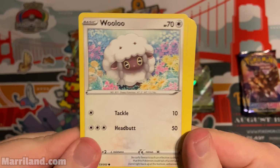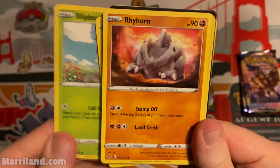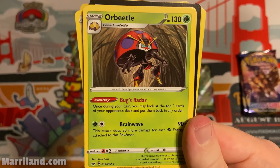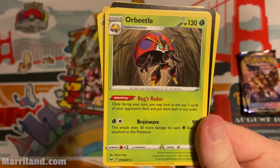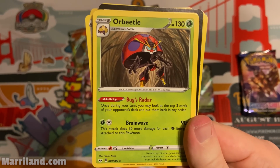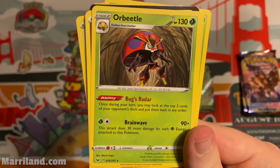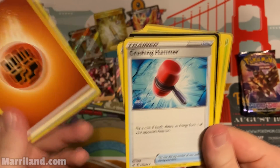That's always a possibility. Wooloo, Sobble, Pincurchin, Blitbug, Rhyhorn, Versatile Ghastly, Orbeetle, Bug's Radar. Once during your turn, you may look at the top 3 cards of your opponent's deck and put them back in any order. I want this thing in my Nickit deck. I really do. Wow. I love effects like that, and they just don't have enough. Oh man, I'm excited for this. And then Brainwave, 90 damage for 2, and it does 30 more for each psychic energy attached to it. Wow, that's actually not a bad attacker. But just being able to rearrange...